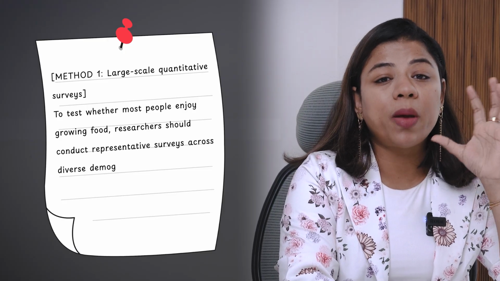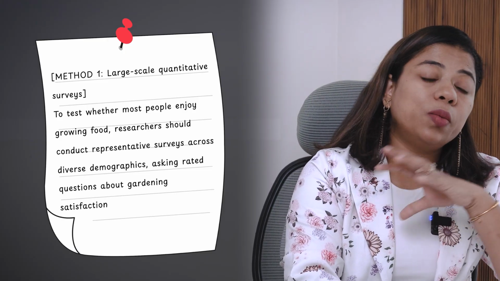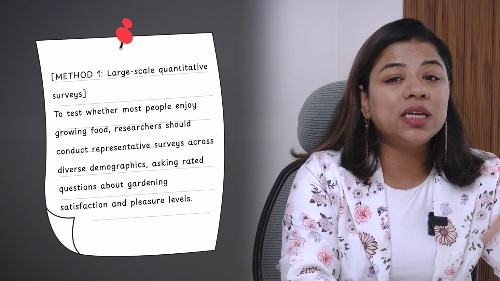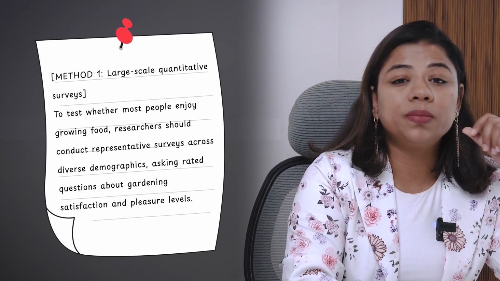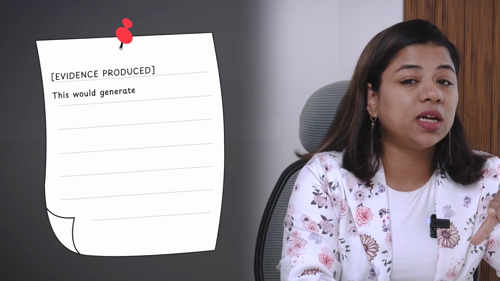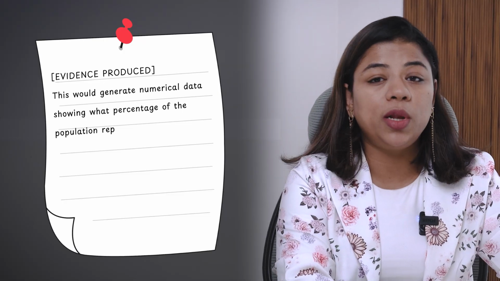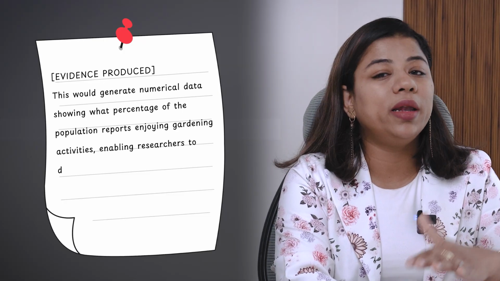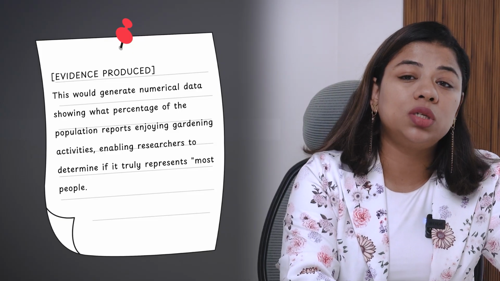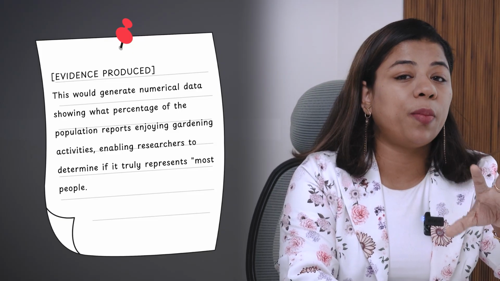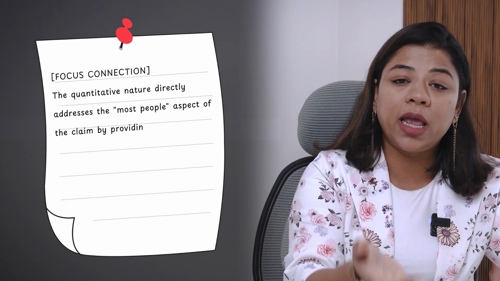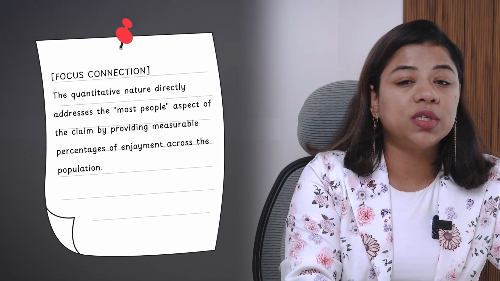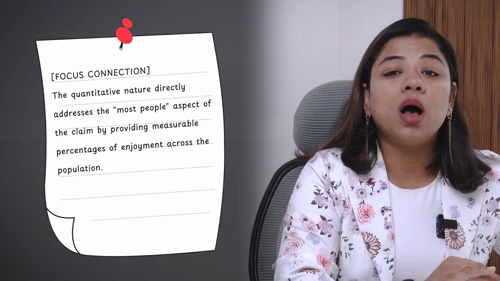Researchers should conduct representative surveys across diverse demographics, asking rated questions about gardening satisfaction and pleasure levels. This would generate numerical data showing what percentage of the population reports enjoying gardening activities, enabling researchers to determine if it truly represents most people. The quantitative nature directly addresses the "most people" aspect of the claim by providing measurable percentages of enjoyment across the